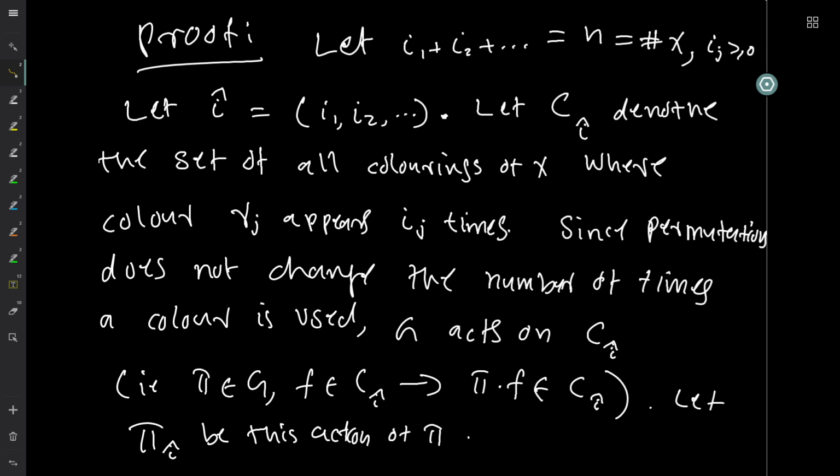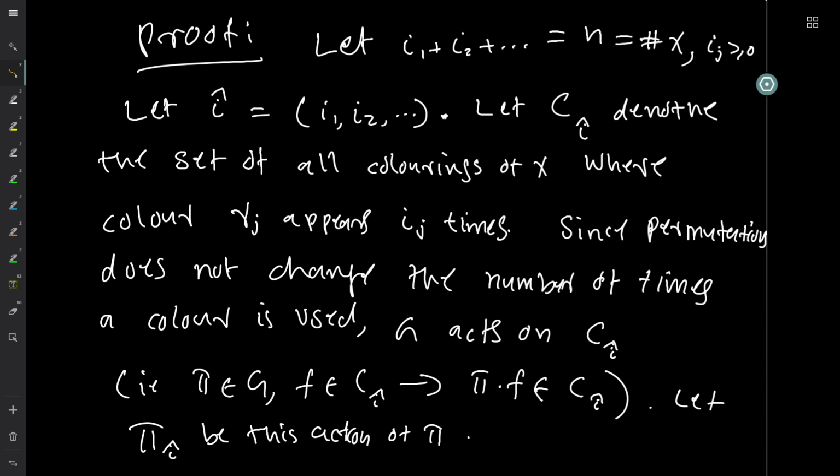That is, any permutation pi you take, and any coloring f in C I cap you take, pi dot f is again an element of C I cap. And the action of pi on C I cap is denoted by pi I cap,